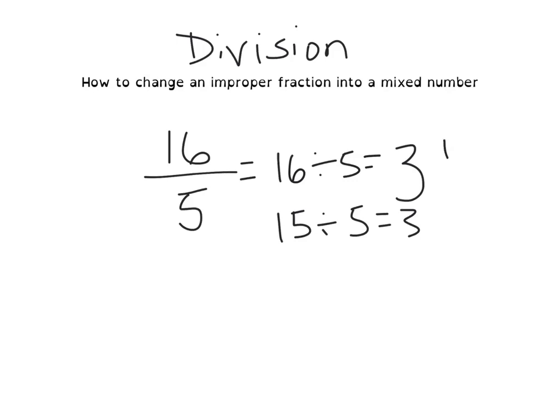The leftover becomes my numerator, and the denominator is the easiest. It stays the same. Remember, denominator, divisor, same thing. So 16/5 is really 3 1/5. Hopefully that gives you a better idea on how to take those improper fractions and switch them to a mixed number. You can use